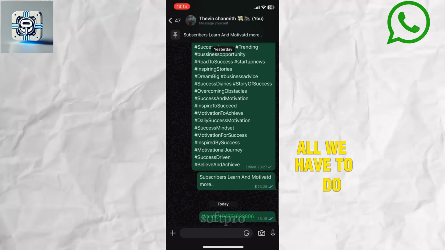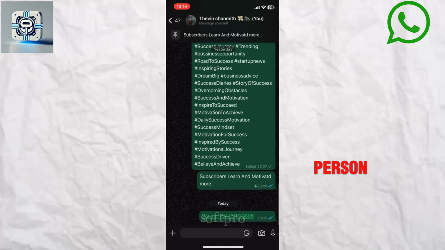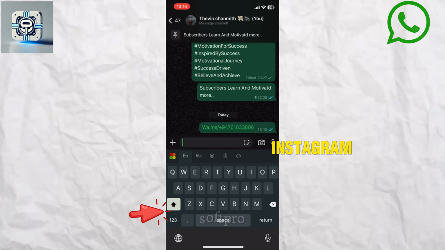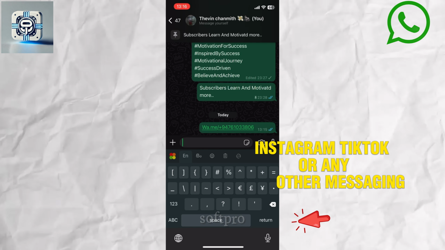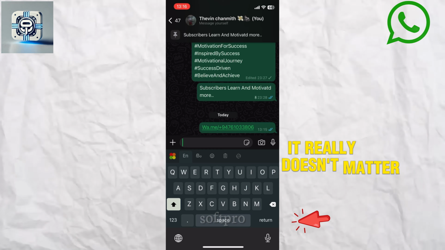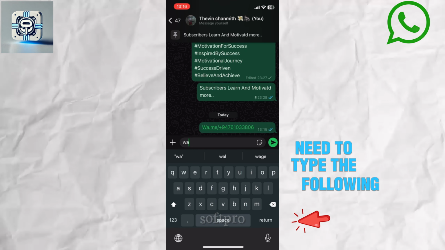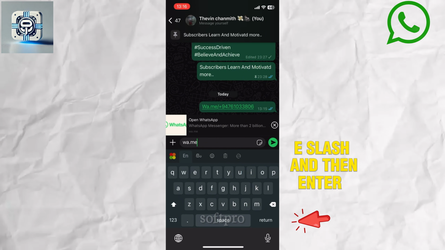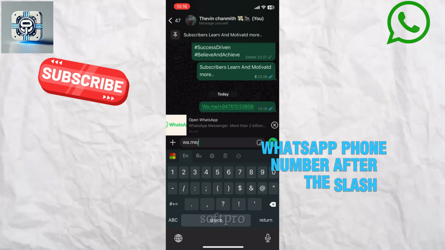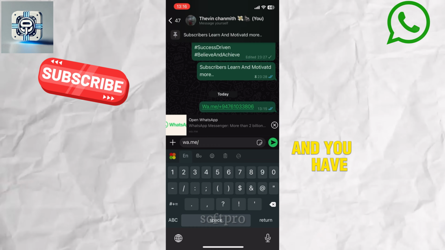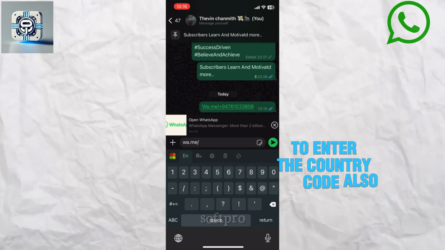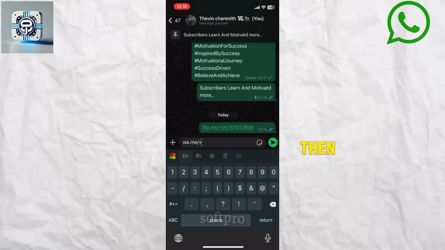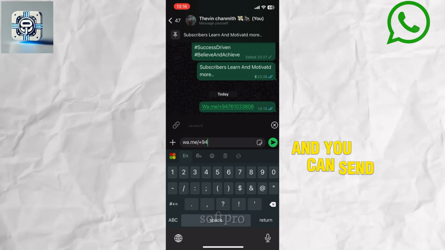All we have to do is to open a conversation with a person with whom we would like to share our link. You can do this in WhatsApp, Instagram, TikTok, or any other messaging platform, it really doesn't matter. Then we need to type the following: wa.me/ and then enter your WhatsApp phone number after the slash. And you have to make sure to enter the country code also. So enter the country code with a plus, then your WhatsApp phone number, and you can send that into the